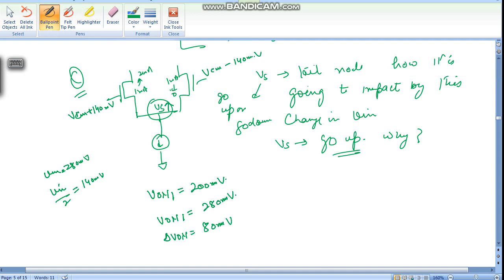Now this is VON1 dash, the new one, minus VON1, the old one: new VGS1 dash minus VT, minus old VGS1 minus VT. So this is the new VGS, this is the old VGS. So VT will cancel,